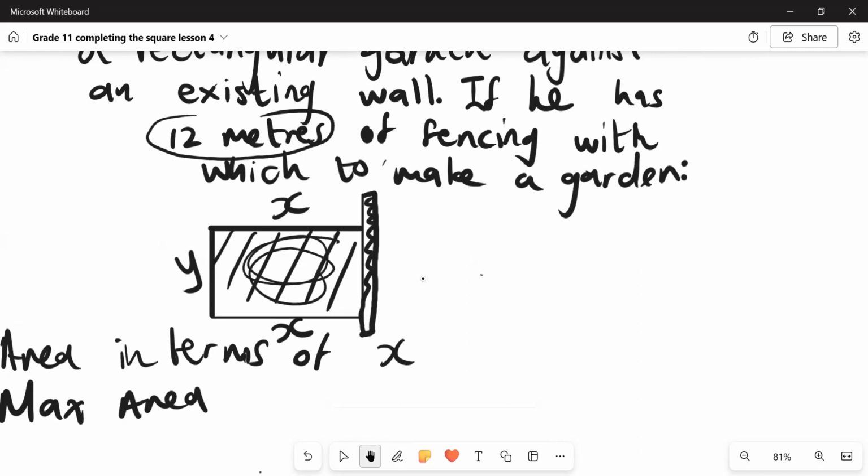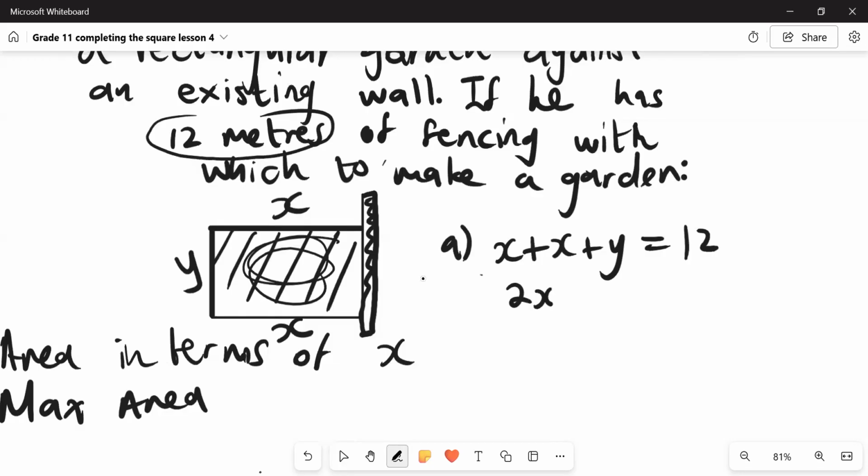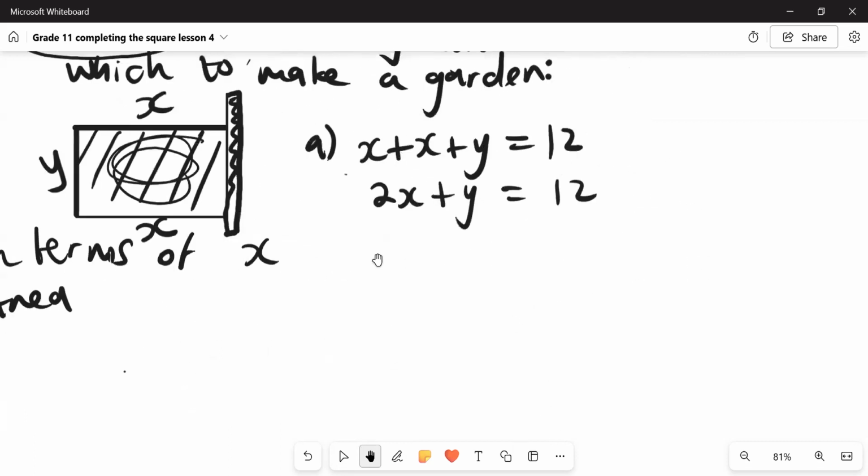So how do you get the perimeter? You add all the sides. So for A, our perimeter, that's X plus X plus Y equals 12. So perimeter from grade 8, right? So X plus X will give us 2X plus Y, which equals 12, right? And then we have our equation 1,